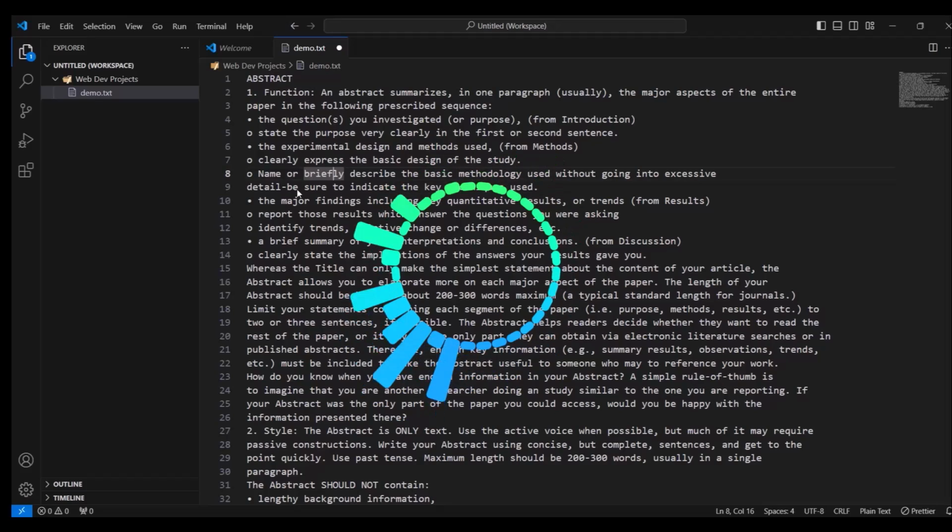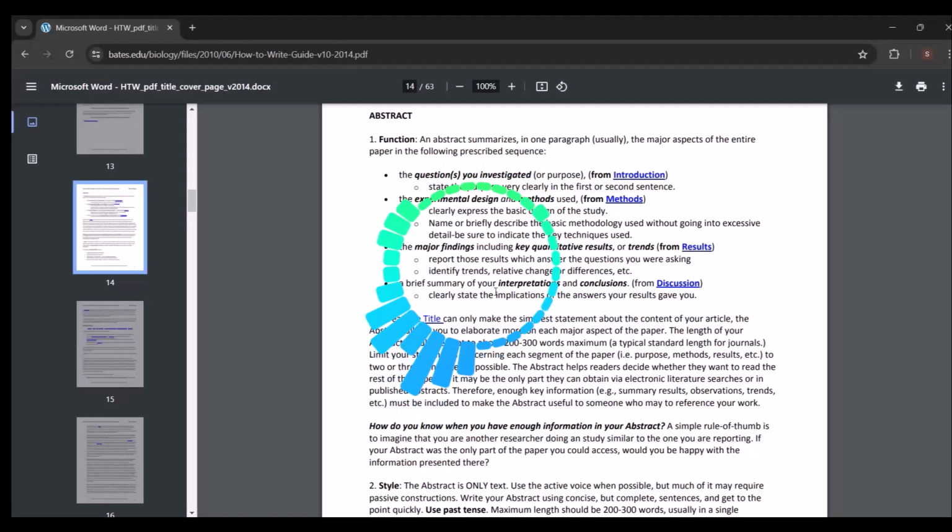HTML was created in 1989 by Tim Berners-Lee, then a scientist at CERN, the European Organization for Nuclear Research, and it was initially developed to help researchers share scientific documents on the emerging World Wide Web, which was the internet at that time. These documents required a standard format to include various elements like headings, paragraphs, lists, links, and other textual features that you typically find in research papers. As you can see on the screen, like this one that we have here.